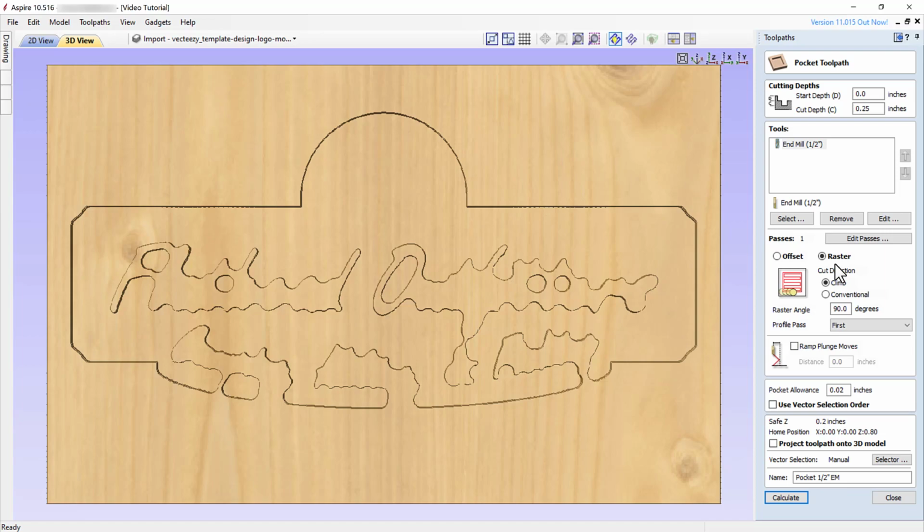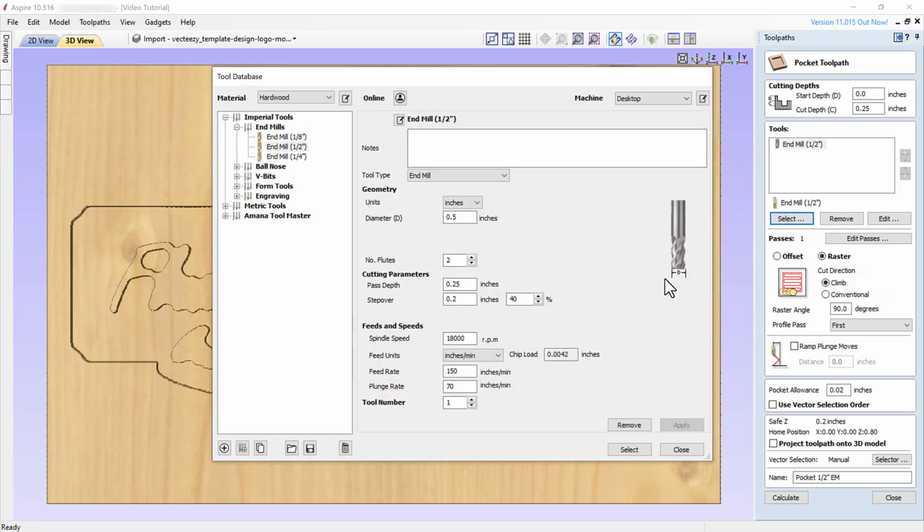Since I have previously tried a 1/8 inch end mill and determined that that end mill is also too large to adequately complete the job, we will use a 1/16 inch end mill. Since we do not have one in our library, we need to create a new tool again. Let's select another tool. This will open up our tool database and allow us to create a new tool.